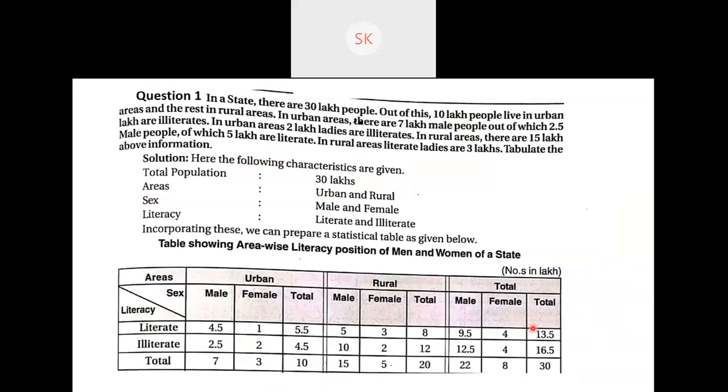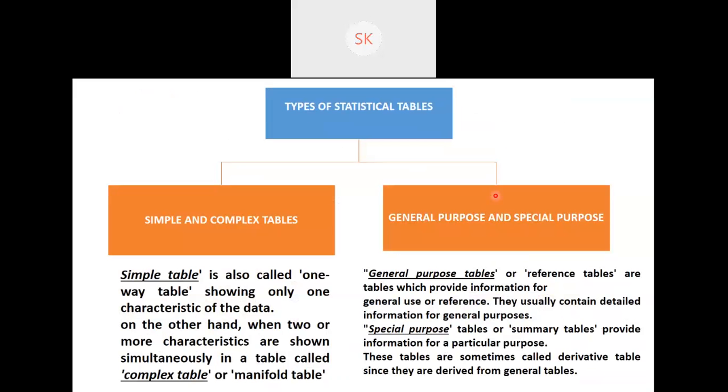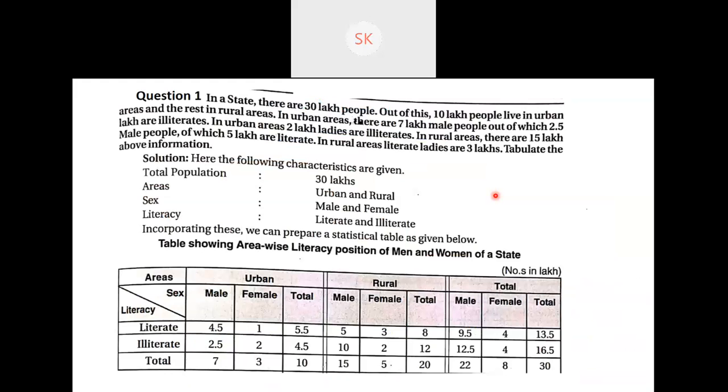Finally, we have come to the problems. So that completes the theory of this chapter. Now let's go on and see a few problems. They're quite easy. The only thing is you will have to read the question very, very thoroughly. Wherever there is a full stop or comma, where you have to stop and where you have to continue, you will have to be careful. Only that is important. Okay, let's see the first question.